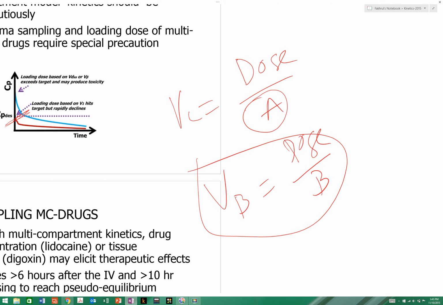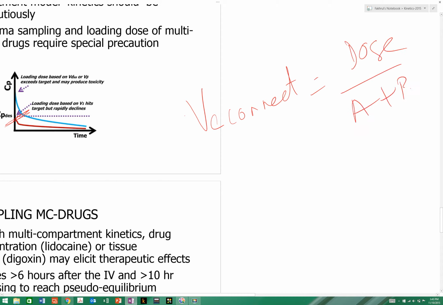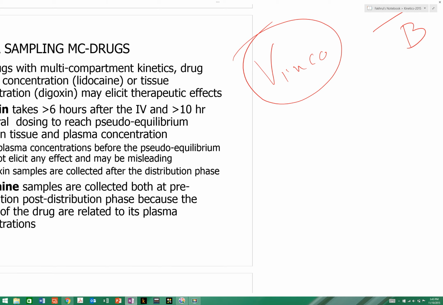So again, let's go back. Correct VC is dose by A plus B, and V incorrect would be dose by B. So when you use this one to calculate dose, you will have a higher dose, and this would be your correct dose. So for this reason,